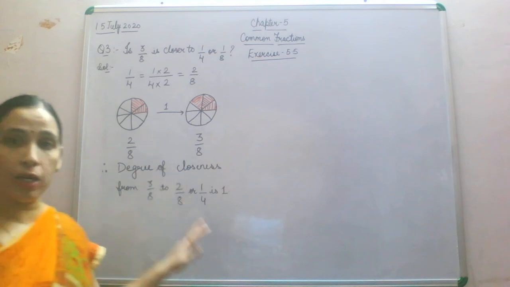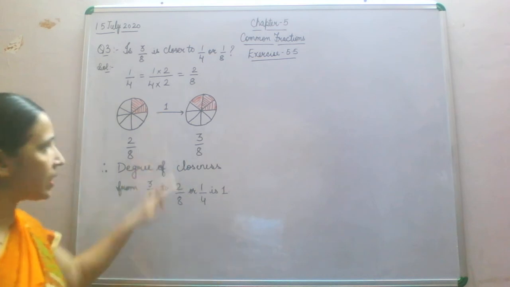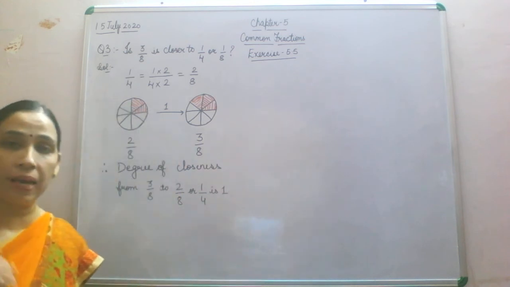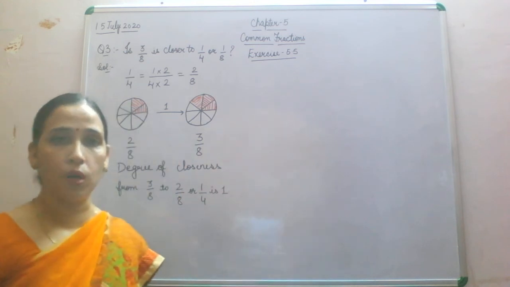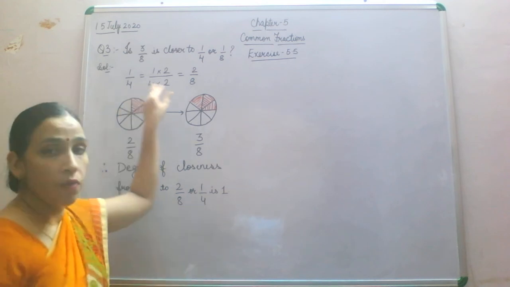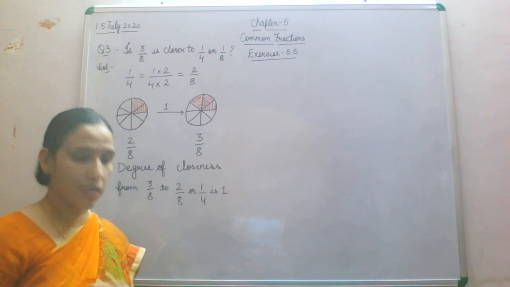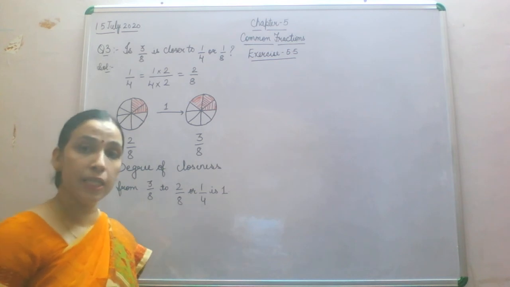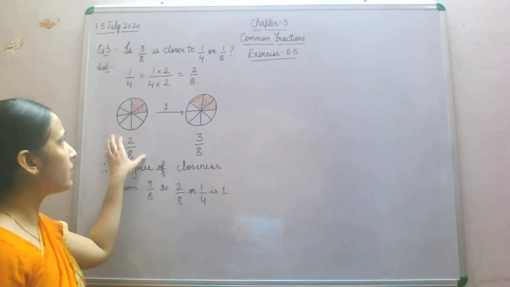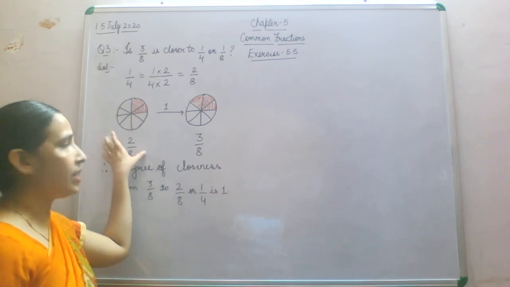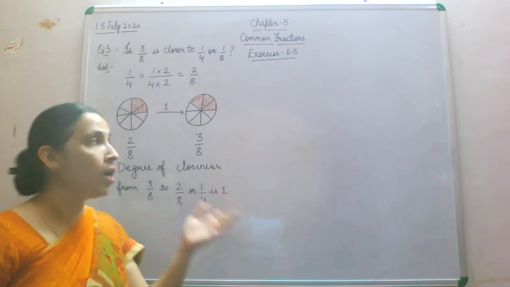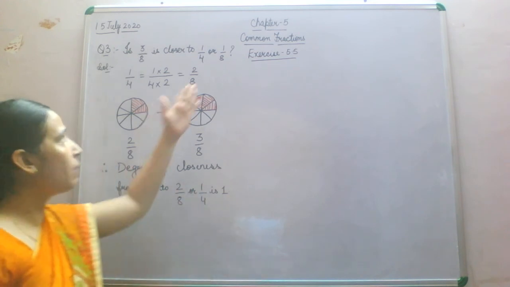This is half part of the question. I am doing half part here and half part here, so that the comparison part will be clear to you all. What we have done, we have been given the fraction 1 by 4. First we have changed it into like fractions, and after changing it we will be able to know how many parts we have to shade out of 8, because both fractions will have the same denominator now.